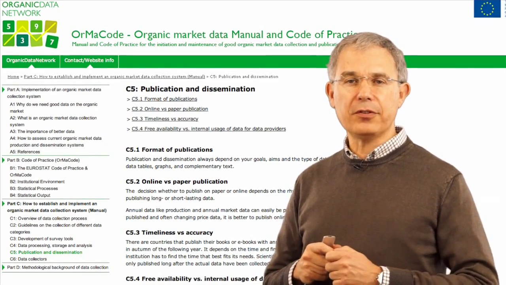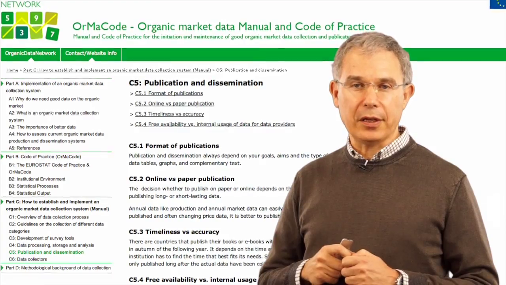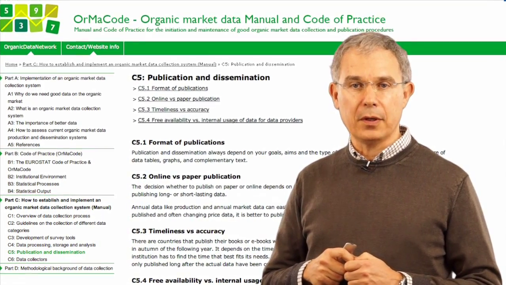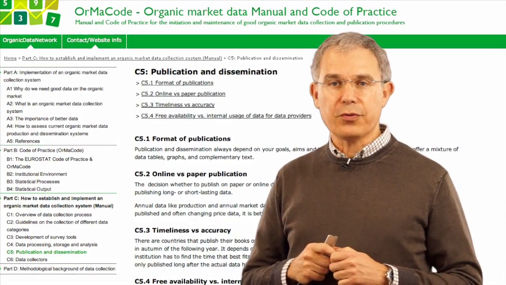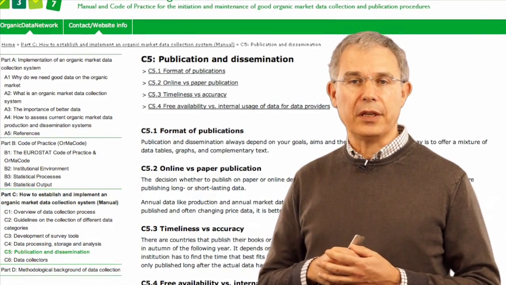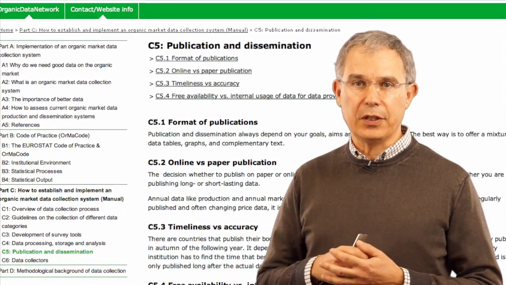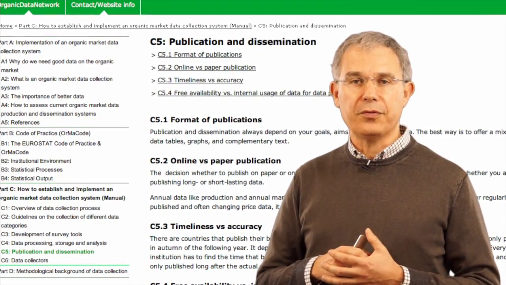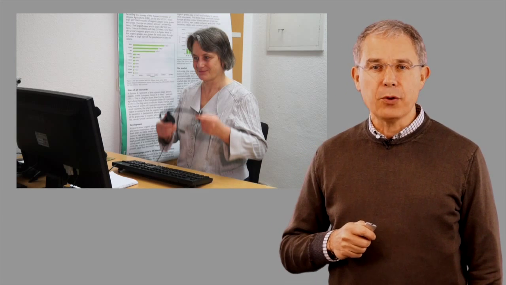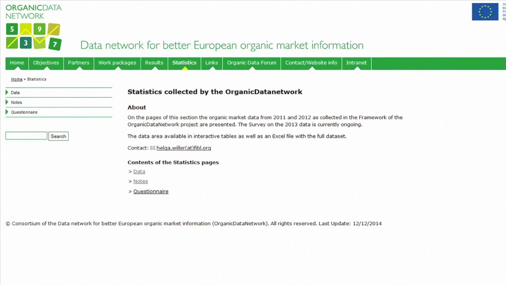This final subsection deals with publication and dissemination of data. Publishing and disseminating data is as important as collecting them well. Publication, of course, has to deal with making data easily accessible and clear for data users. Not all data will be available for free. So if you are selling your data, you will also have to find a good business model for it. Helga Willer will shortly show you how to retrieve in a simple way the statistical information stored in our project database. Now I would like to show you our databases.